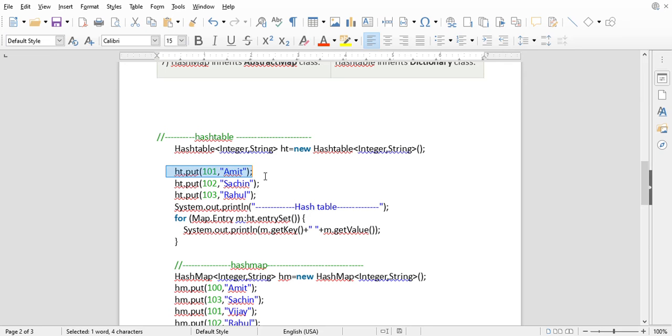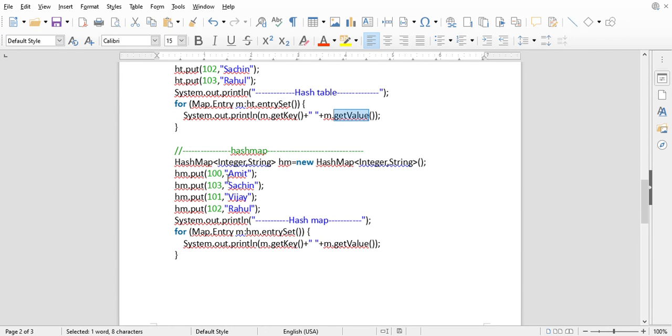You can put key-value pairs, and you can use the hashTable.entrySet method to iterate through the map and get the map's Entry object. You can use the getKey and getValue methods from the Entry object, and then do whatever logic you want inside this for loop. Like this. And for HashMap, again it is Integer and String.